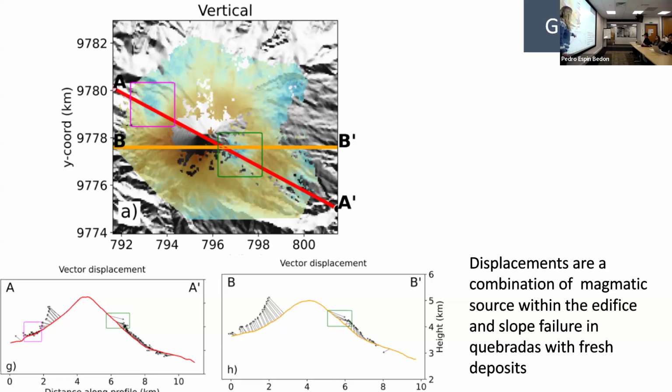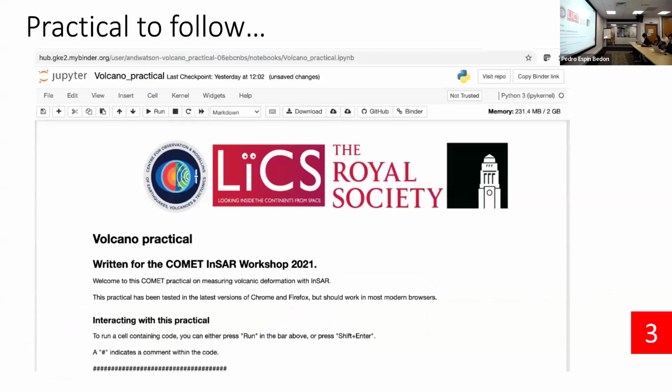In this case here, you've got some parts of the signal which are moving down slope. And although you can't necessarily get your east-west and your up-down components of motion with the portal tools yet, you can get an impression of what these signals might look like by just making profiles across the volcano. So when you find an example that you want to focus on, it's another thing to check out.